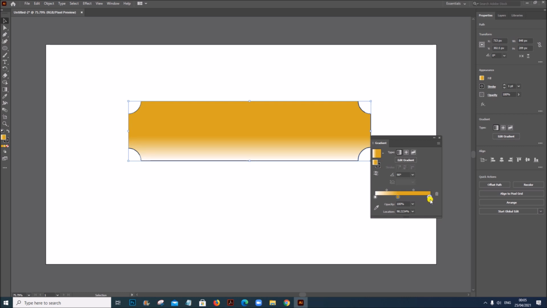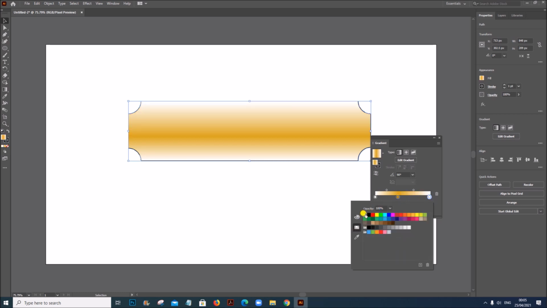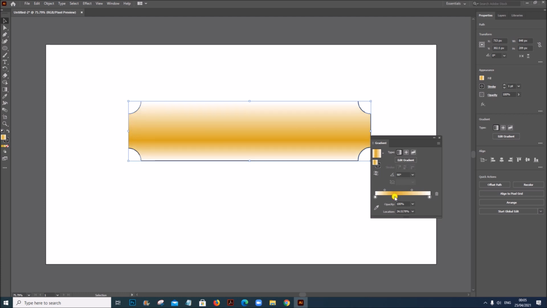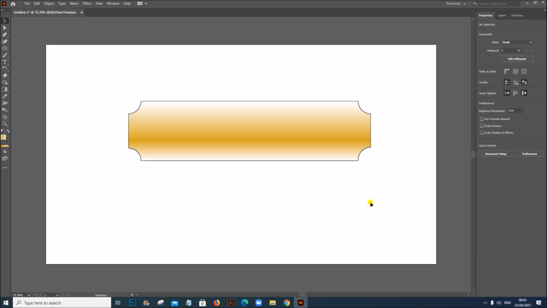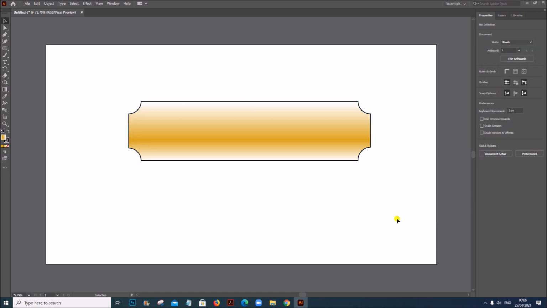So just click here and make it white color. Let's give the stroke 2 points so that it's a little more clear. So this is the outline of the shape.